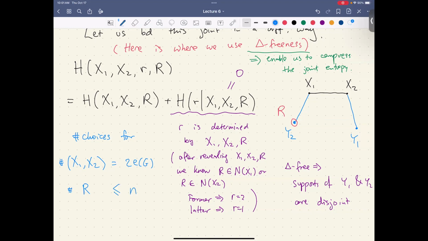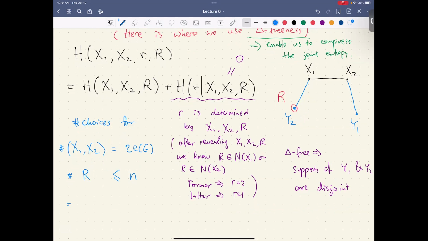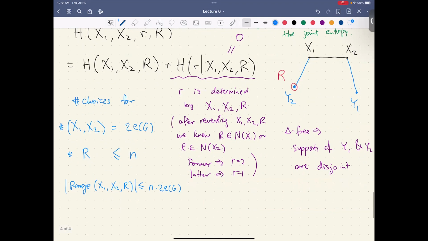R is a random vertex, and the number of vertices is n, so at most n. So the range of (X1, X2, R) is at most n times 2e(G). So by maximality,